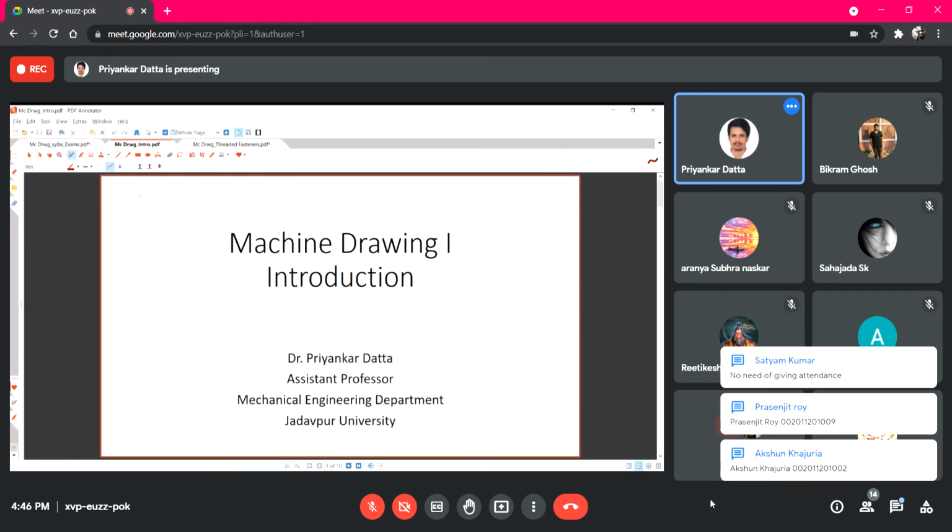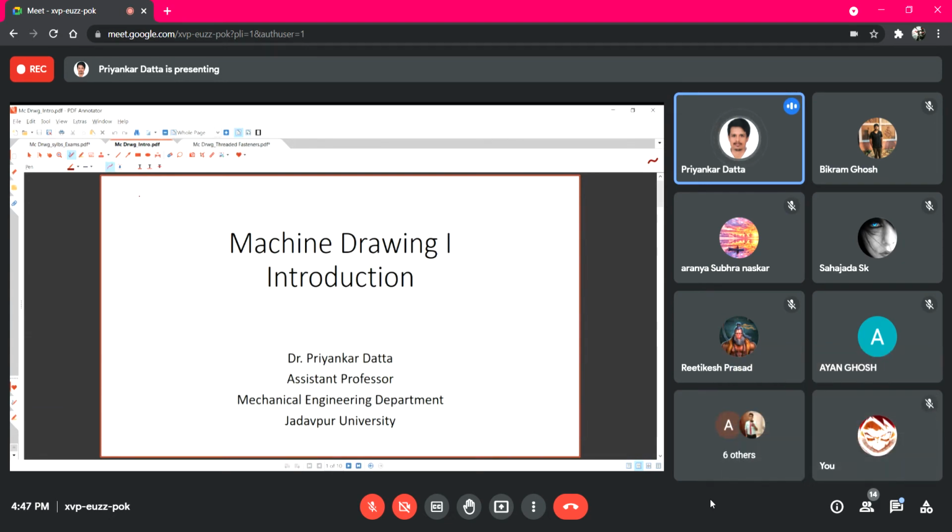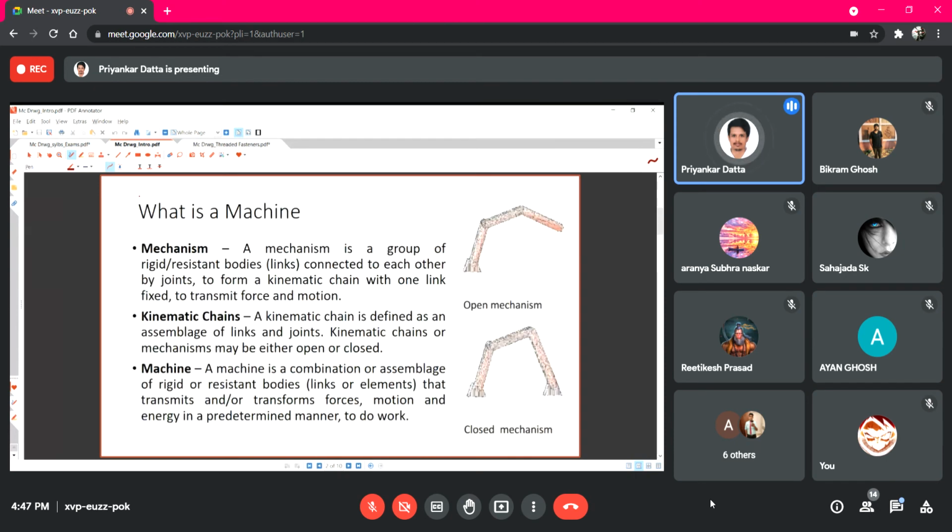So we shall go into the basics or introductory part of machine drawing. Before going into drawing, by now probably you have learned several terms related to mechanisms and machines, and also about rigid bodies, deformable bodies, their mechanics, and all these things. So at least you have started learning them. Basically, when we are talking about machines, the first point is mechanisms.